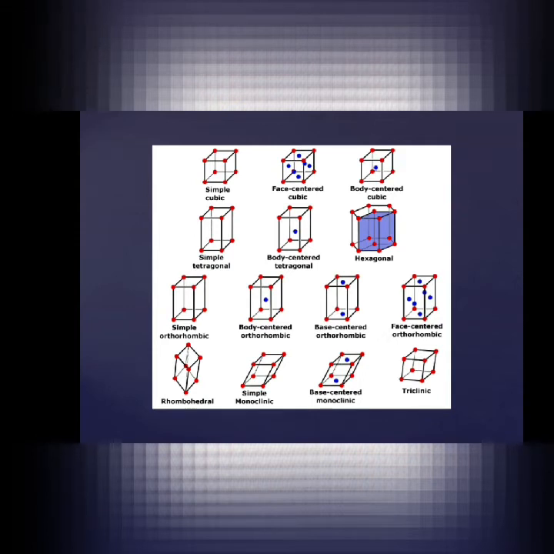First of all is simple cubic. In the cubic system, there are three types of cubic lattice: simple cubic, face-centered cubic, and body-centered cubic. There is no such base-centered or end-centered cubic. Base-centered structure is also known as end-centered structure. Why is base-centered or end-centered cubic not available? Because in that case symmetry is not maintained.